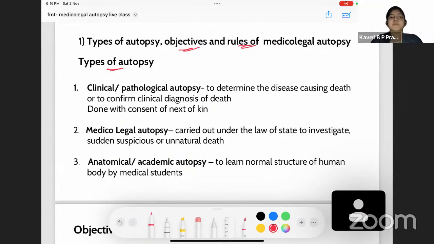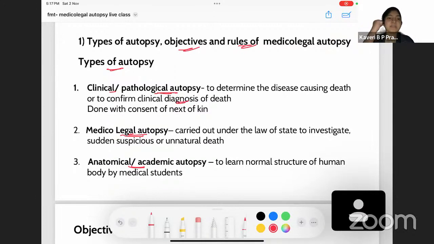So, there are certain types of autopsy. What are the types of autopsy? We have clinical or pathological autopsy. Then we have medical legal autopsy, and then we have anatomical or academic autopsy. Now, coming to clinical or pathological autopsy, it is used to determine the disease causing death or to confirm the